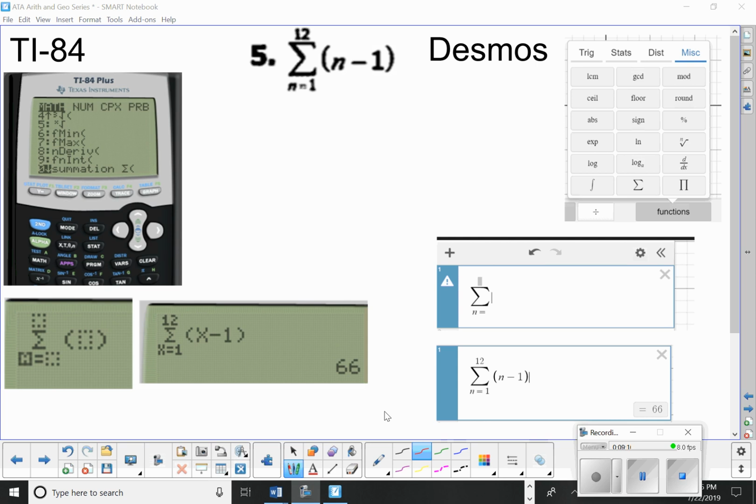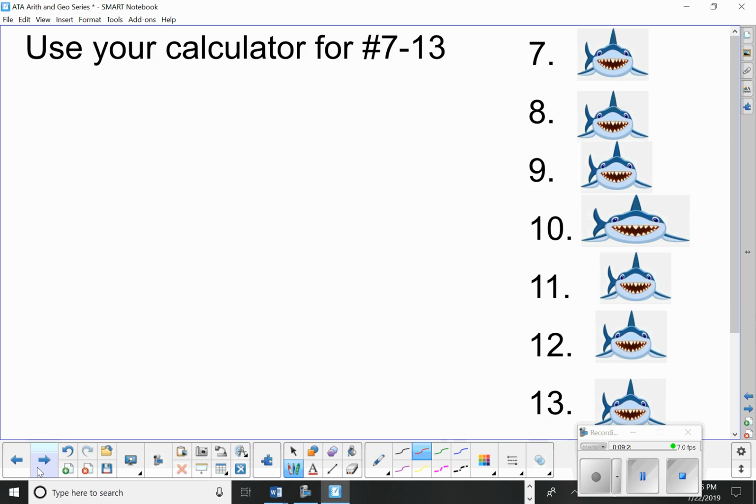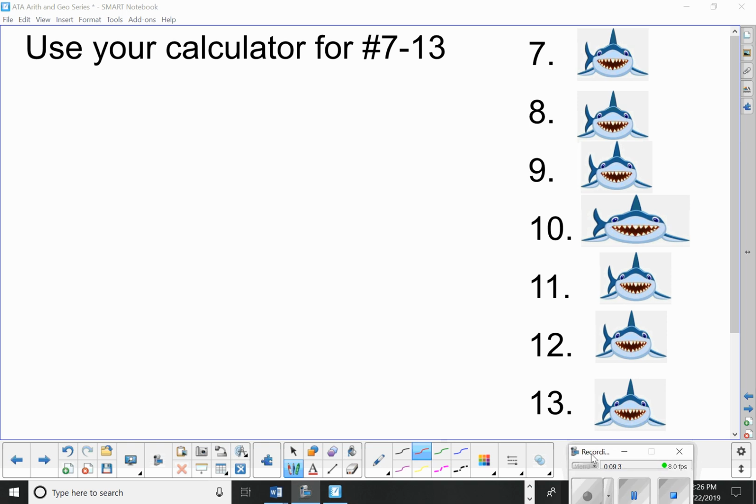Again, this isn't part of your notes. This is something I'm showing you how to do using technology. If you want to, pause the video, take a screenshot of this. Okay? All right, moving on. Flip that page over, the series page over, and you have a bunch of problems to try, 7 through 13. This shouldn't take you long, but seriously, go through, pause the video, and do it, and then I'll show all